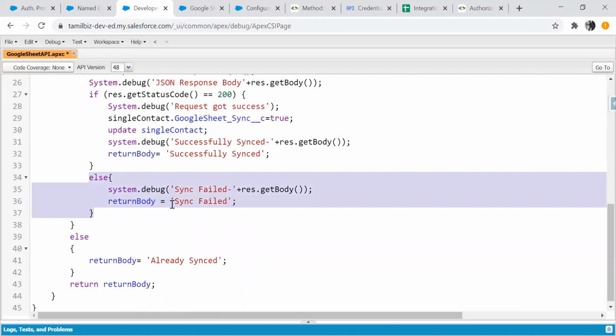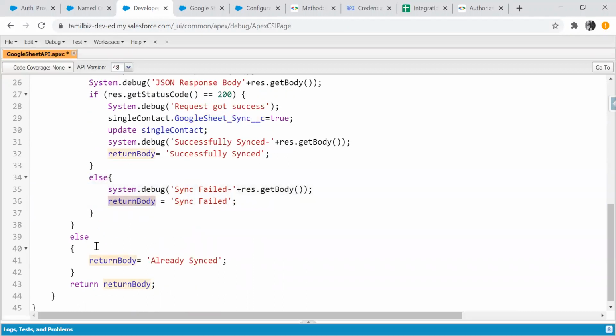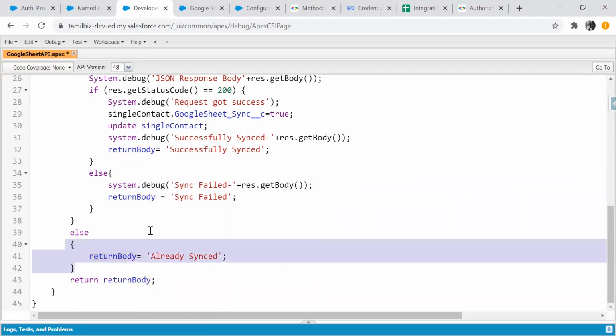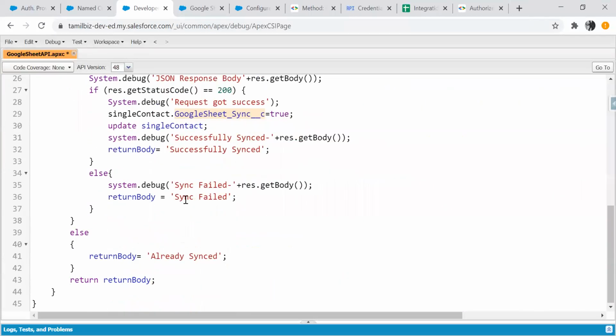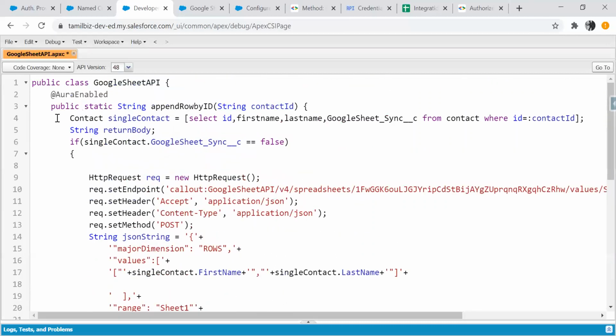If it is failed, we will return sync failed. If it is already synced, means if this Google Sync field has true value, it means the contact is already synced. For that, we will be returning already synced. So this Apex class I am calling from the Lightning Web Component. We are not going to do much on the Lightning Web Component. I am just calling this Apex class when the user clicks the button in the Lightning Web Component.